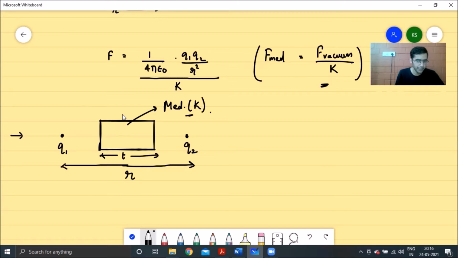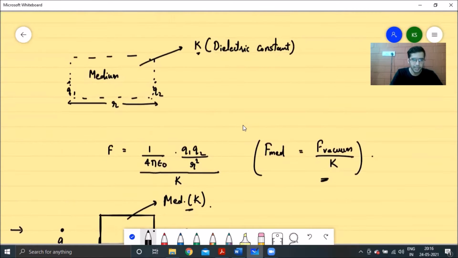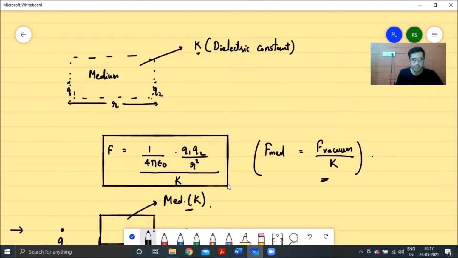I'm not taking the values over here. We look at how to solve this kind of problem and then apply this logic to the question which we had discussed earlier, right? Anyways, so how do we solve this problem now? What we'll do is take back our previous case, when we had charges Q1 and Q2 separated by a distance R in a medium of dielectric constant K. We found that the force acting between these two charges would be equal to 1 by 4 pi epsilon naught Q1 Q2 by R square into K, right?